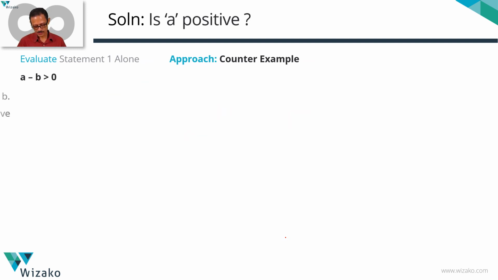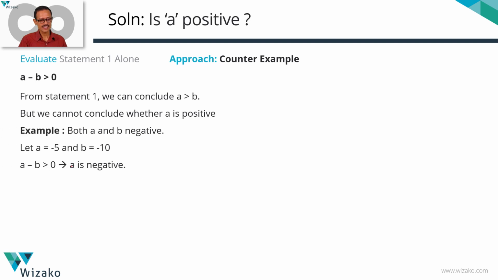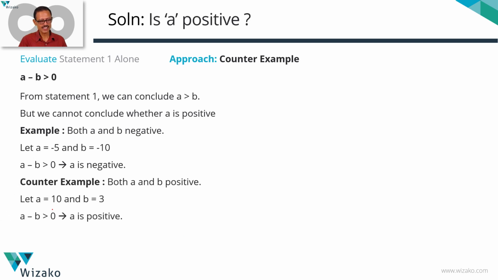Quickly summarize it in a printed form. We're looking for a counterexample. The idea is knowing that A is greater than B is not sufficient to decide whether A is positive. Here's an example where we have gone with A and B being negative, A being greater than B, but A is negative. We've taken another example where A is positive and A is greater than B. I took some different numbers. You have taken different numbers in the printed version. There are umpteen numbers which will work. It's not just these two sets of numbers that will work.